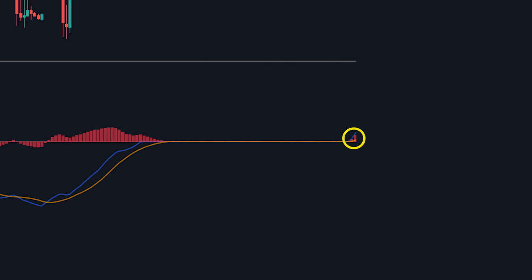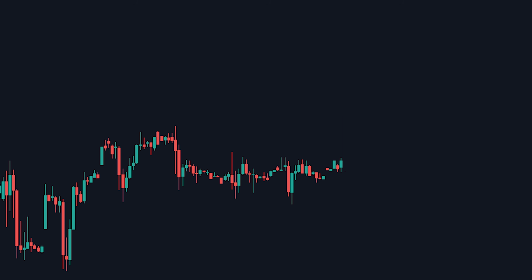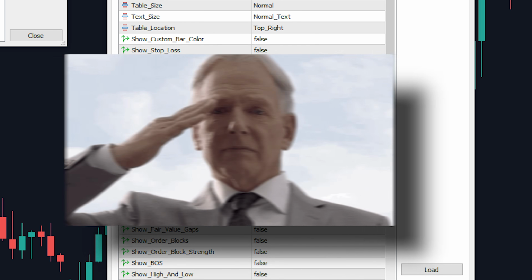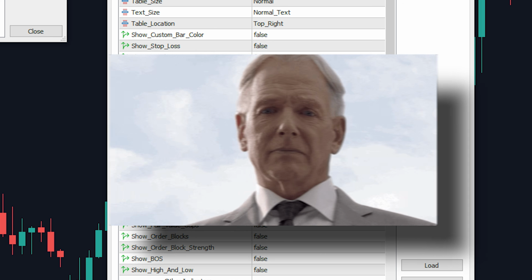This is giving us a buy signal telling us the market wants to start doing a bullish breakout out of the consolidation. Right when this indicator deviates from moving sideways to upwards, we can start to look for a long entry here. Now, what I like to do is again use my private indicator for some extra confirmation to really